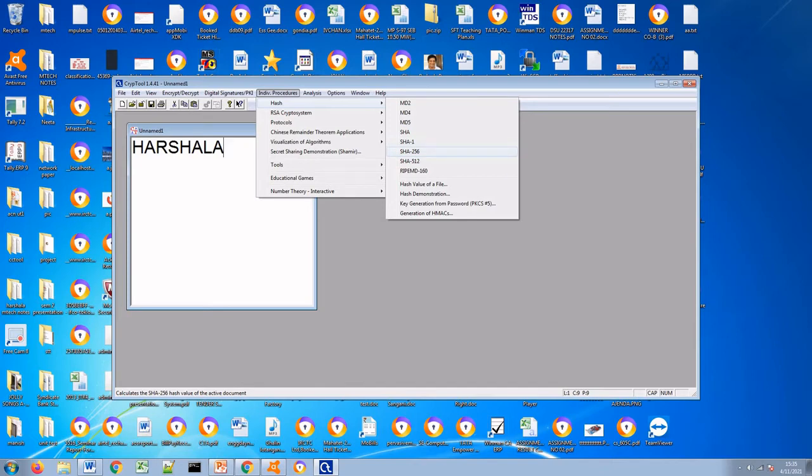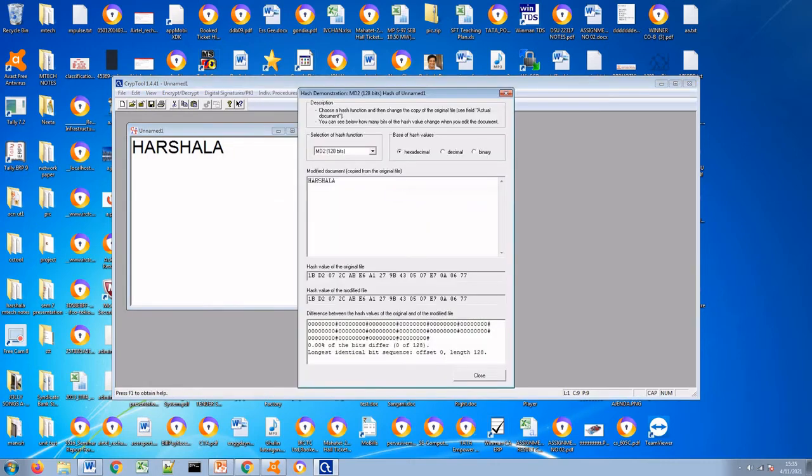You can use any algorithm to create the hash of the message. So I am going to Hash Demonstration, in which this is our original message and this is a modified message. These are the two hash values, the hash value of the original message and of the modified message. I can select any algorithm to calculate the hash value.